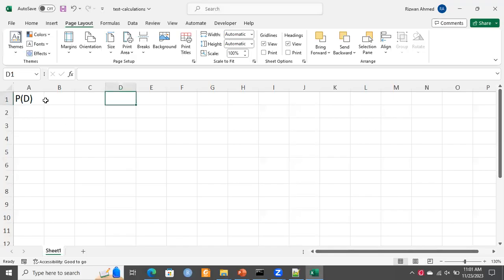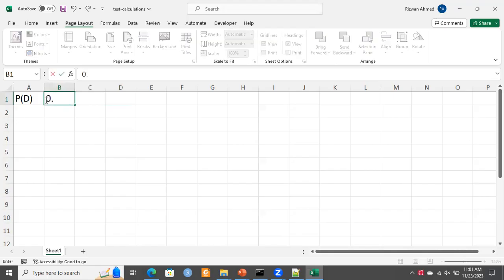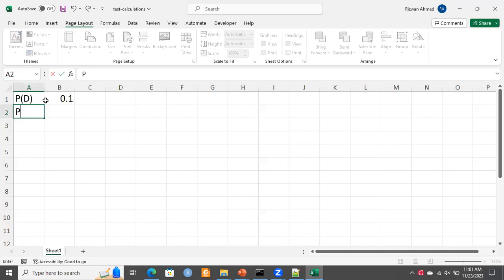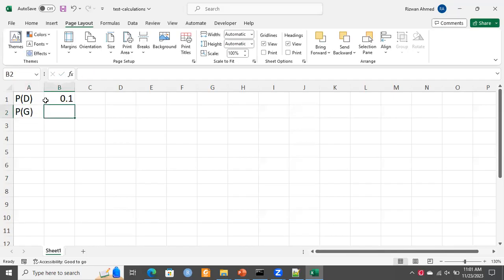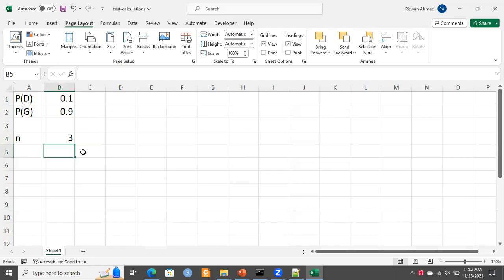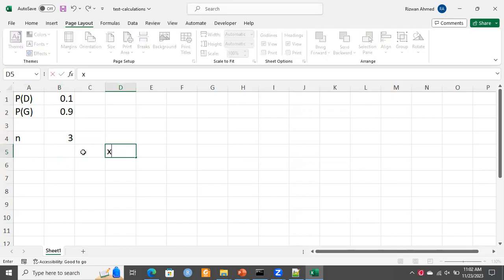We have the probability of defective as 0.1, and the probability of picking a good component is the rest. So I can define it as 1 minus the upper value, so 0.9. Now we are making the sets of 3. So n is the number of components in one set, right? Components in one set. So our variable x will be